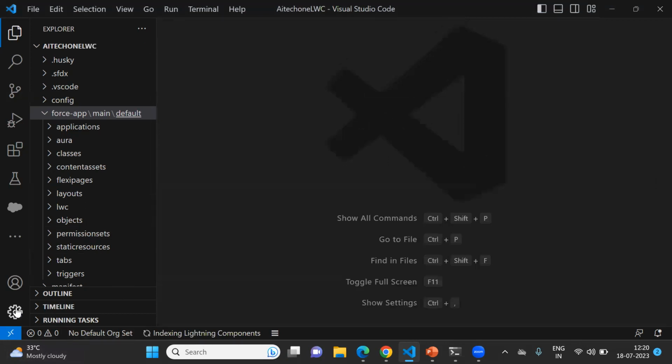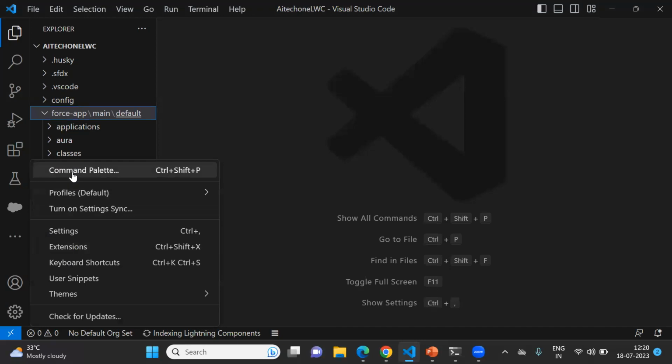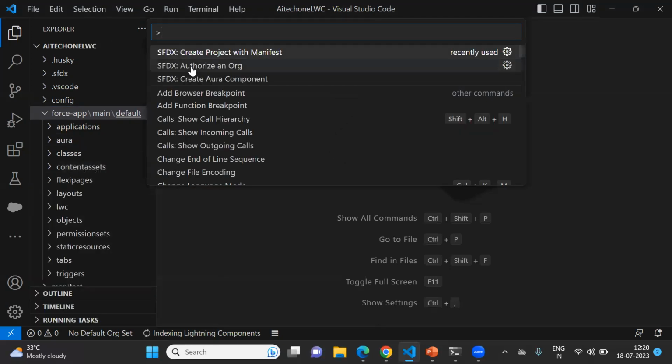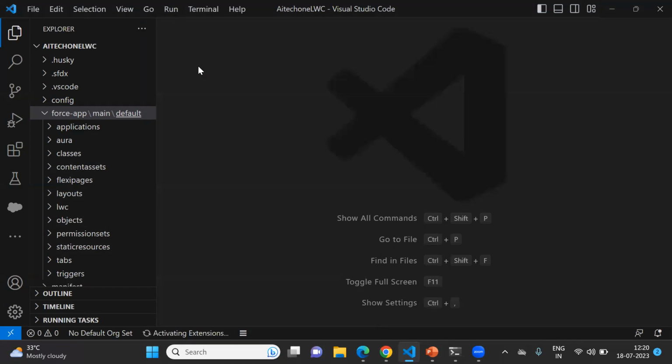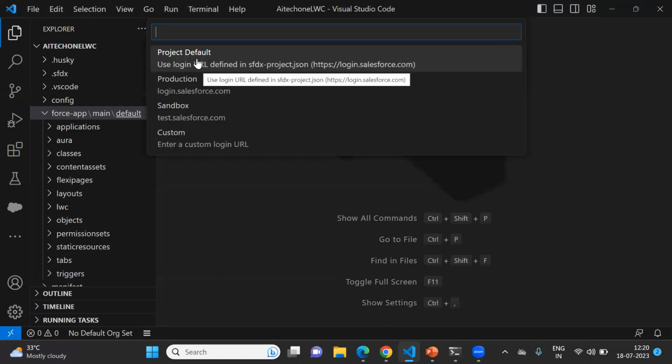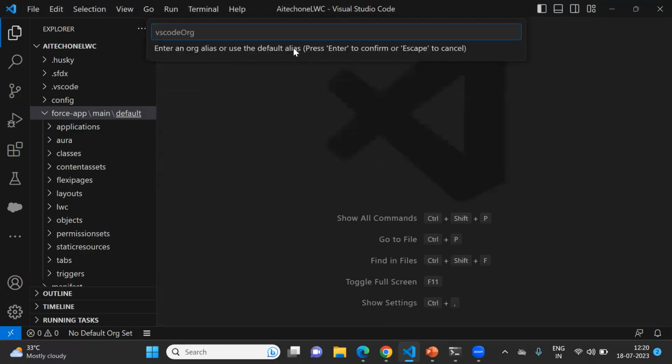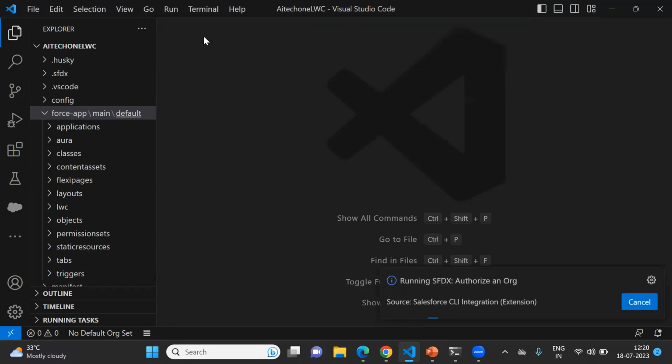And in order to do that, I click on this gear icon. In command palette, I'm getting an option called authorize an org. So I click on authorize an org. And when I click on authorize an org, it will be using the login.salesforce.com URL. Click on this. This is the alias. So do we want to give an alias for the org? I don't want to give any alias. I would like to use the default one. I click enter, and